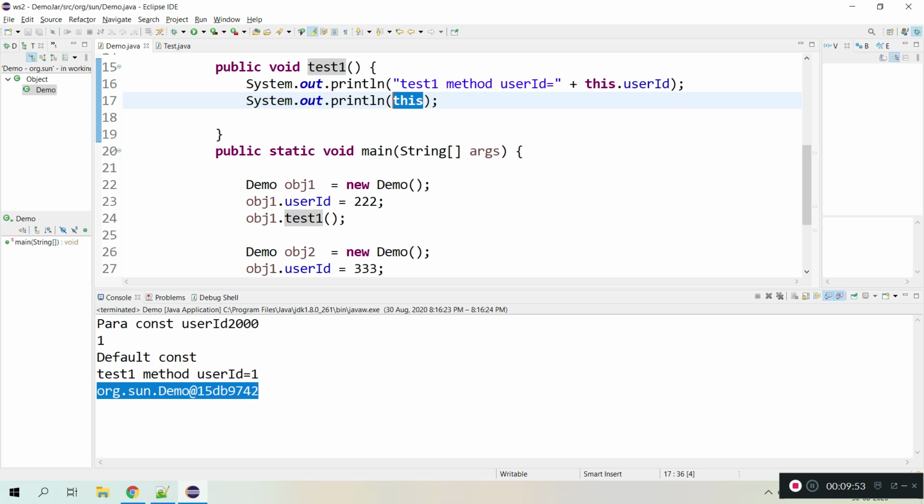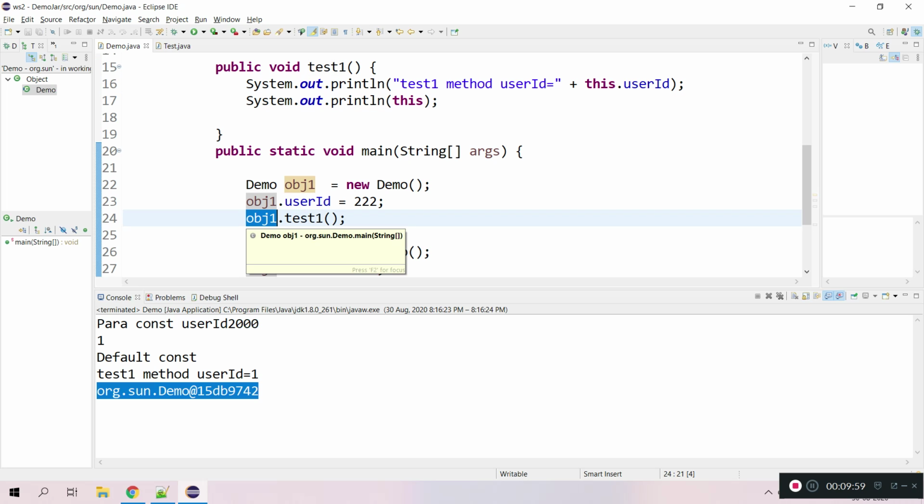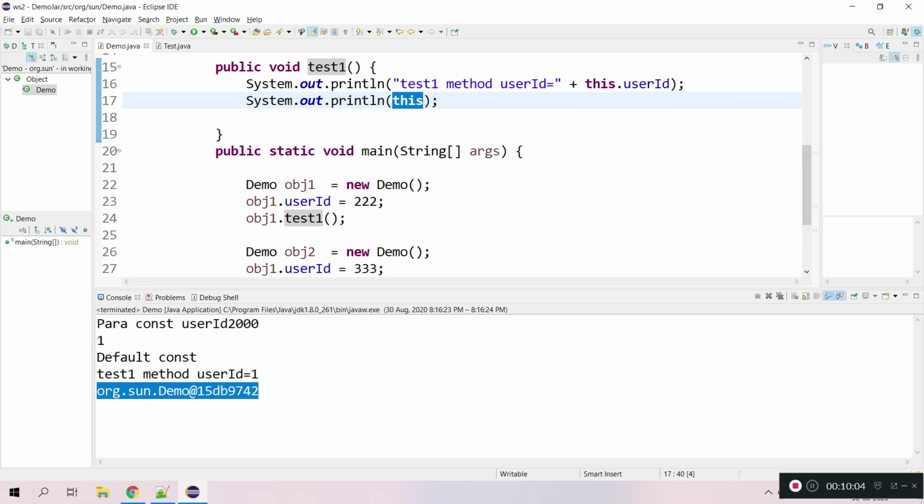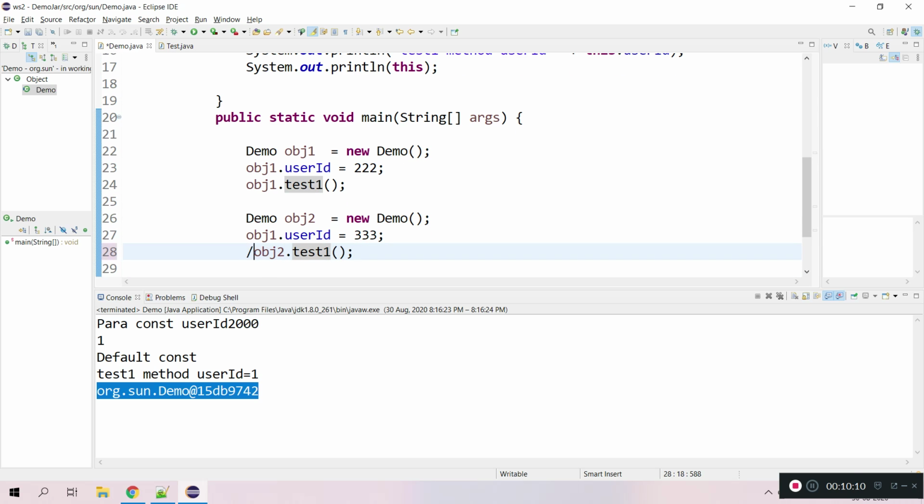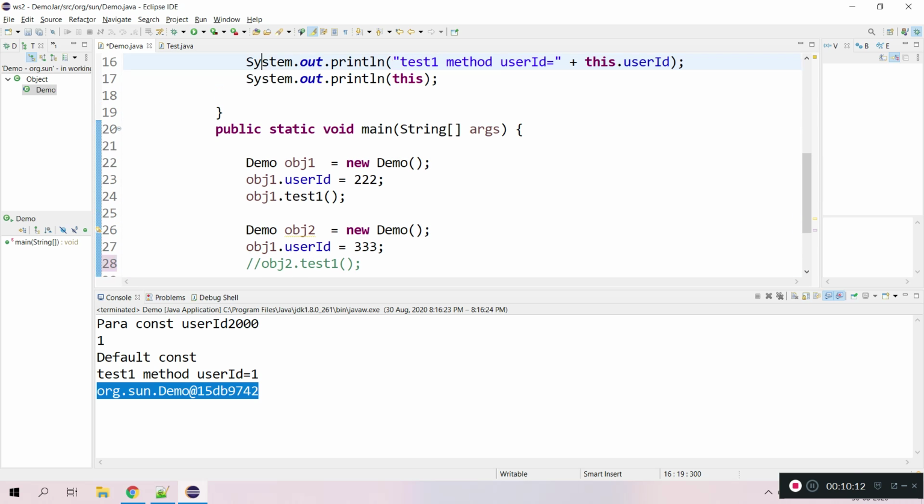how can I say this belongs to obj1 if I'm calling obj1 dot test? How can you confirm that this keyword belongs to obj1? For the time being, let me comment this one. We can confirm one thing: if user id is equal to triple two, then that object is obj1 here.